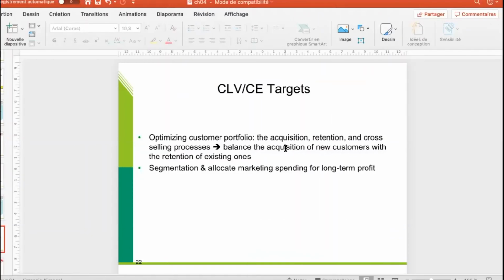So this helps you, as I just said, to optimize customer portfolios. So to acquire, to clone those customers which are platinum customers, to acquire qualitatively and not quantitatively the best customers. This helps you to retain the best customers and to abandon the worst customers. And this helps you